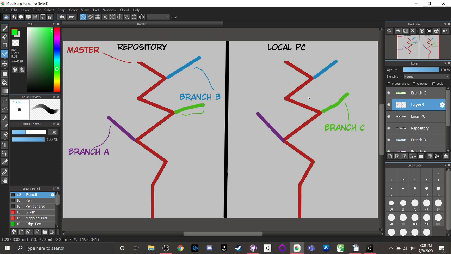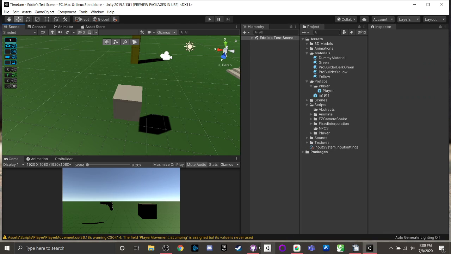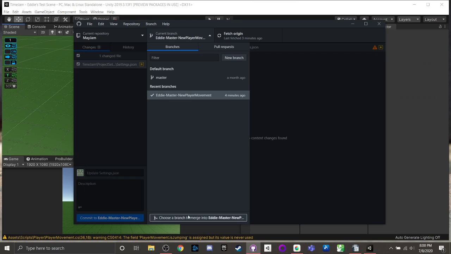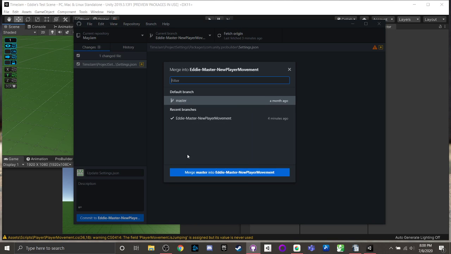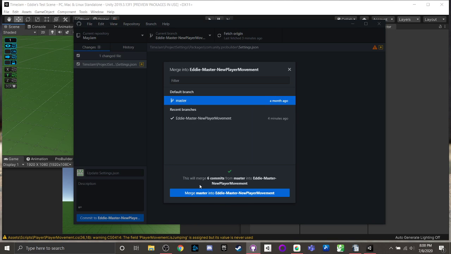And also, if there are conflicts that were to happen, it's a really easy way to tell. Now, I don't think we will get conflicts, but the way you do that is you see this button that says choose a branch to merge into Eddie Master new player movement. If you click on master, you'll see this will merge 6 commits from master into Eddie Master, and because we